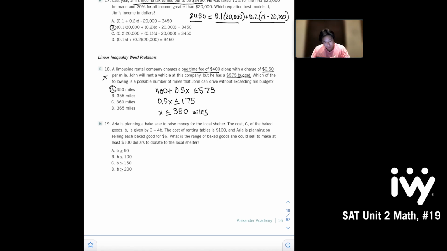So, we know that our revenue is 6B, which is how much she makes for each baked good that she sells, and her first cost is how much it costs her to make it, 4B, so minus 4B, and then minus the one-time fee of $100 for renting tables. And we want this to be greater than or equal to $100 because she wants to donate at least $100. So simplifying this, we get 2B is greater than or equal to, adding 100 to both sides, 200. So this means B has to be greater than or equal to 100. Our answer choice